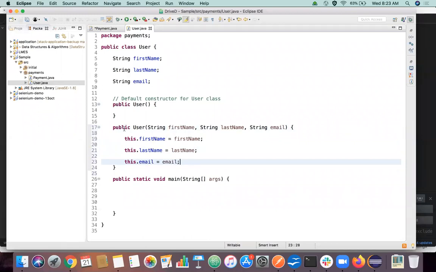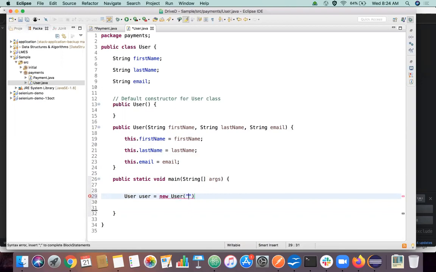Now I'm just going to create an object for this user class first. Let's see how we are going to create an object. Simple, right? We saw it a number of times. User is equal to new user. But we are going to call that argumented constructor now.